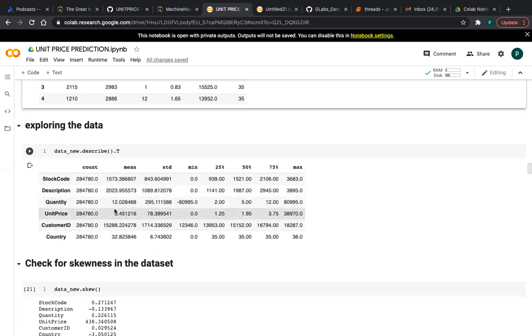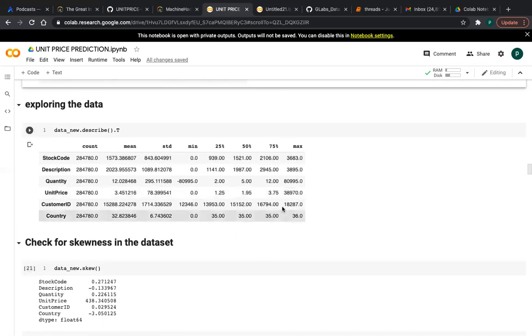So what does the mean of quantity indicate? It is 12, which you can approximately round to 13. So on average they are selling 13 items or 13 units, and the average cost of a product is 3 to 4 units. I am not putting any country currency, so I call them units.